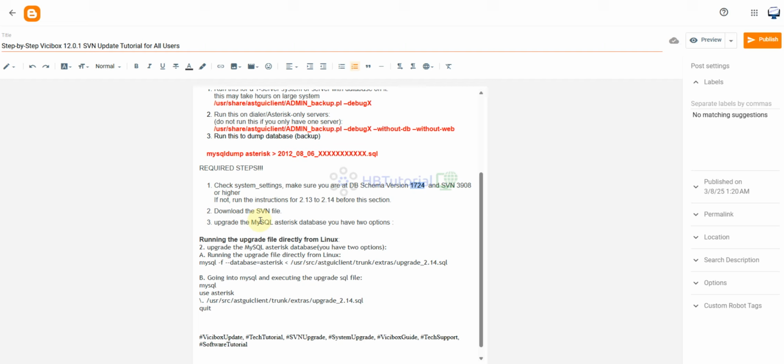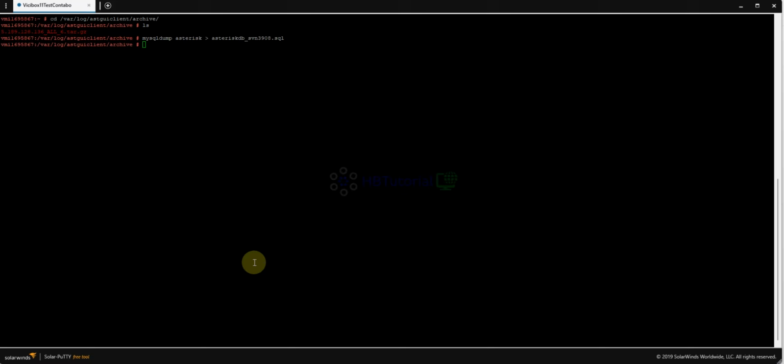To download the SVN, you need to run cd /usr/src, then go to the source client trunk.